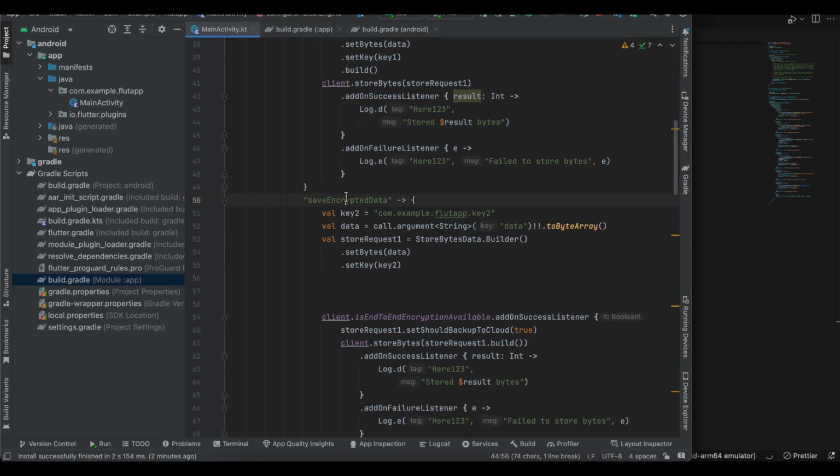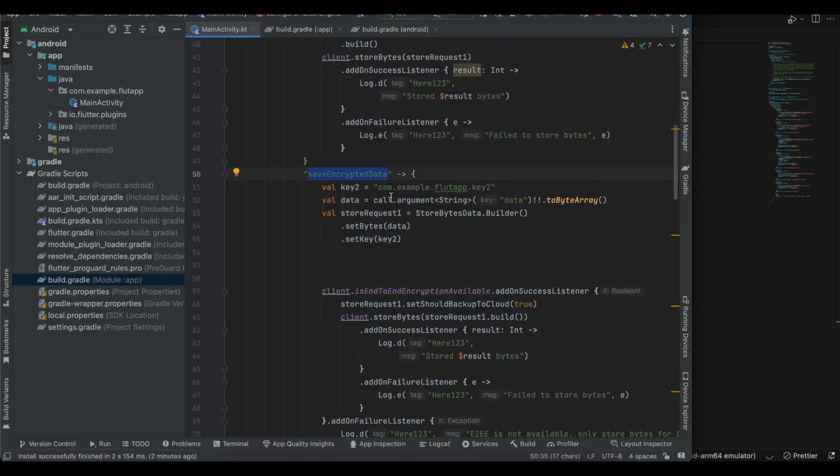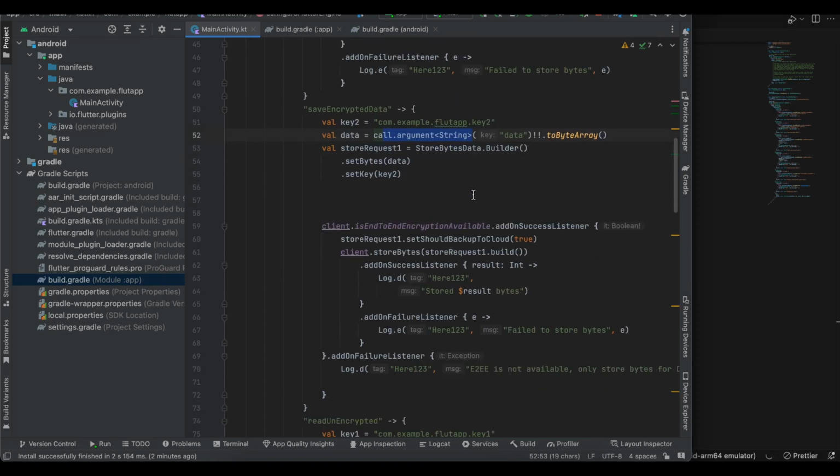This is for save encrypted data. It is similar. I've just changed the key. I'm getting data from the Flutter side. Here I'm setting our bytes as well as setting our keys. Now